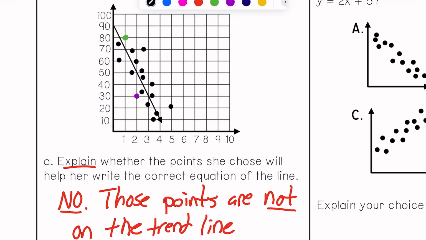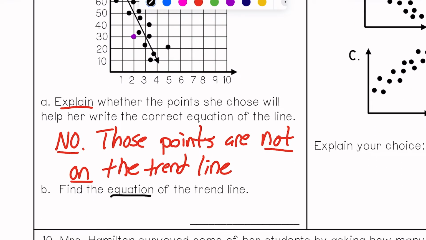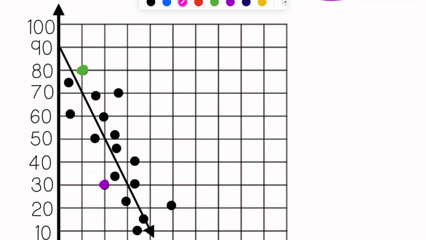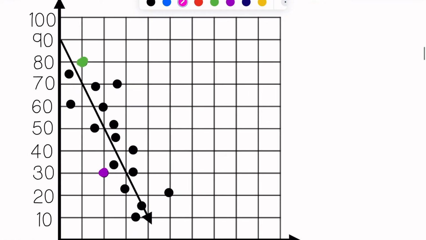Now find the actual equation of the trend line. So same thing I did on the front, y equals mx plus b. And now I'm going to do it differently than Riley did it. I'm going to use points that are on the trend line. So I like to start with the y-intercept. Looking at this line, zooming in, that line will cross the y-axis at the point 0, 90, that pink dot